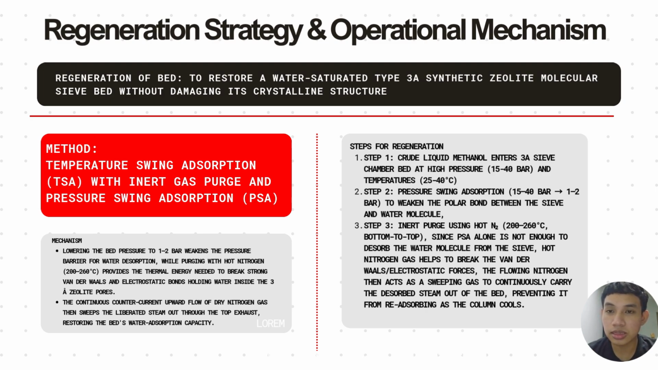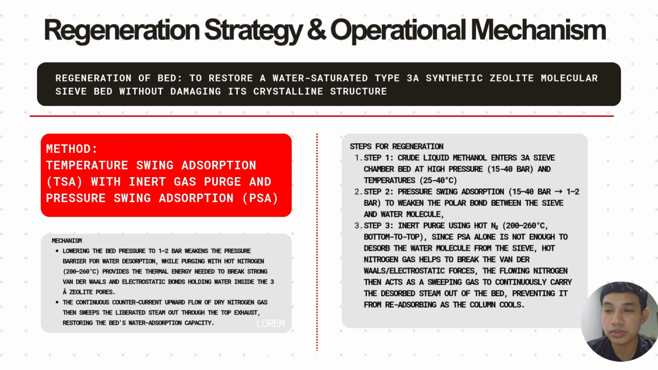So the mechanism is we lower the bed pressure to around 1 to 2 bar to weaken the attraction between the water and the bed sieve, while simultaneously adding a hot nitrogen purge at around 200 to 260 Celsius to provide enough thermal energy to break the van der Waals force between the water molecules and the zeolite bed. We also flow the nitrogen gas countercurrent to allow the gas to sweep away